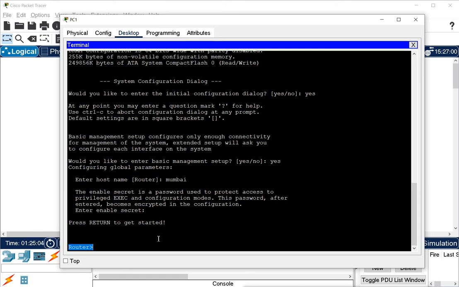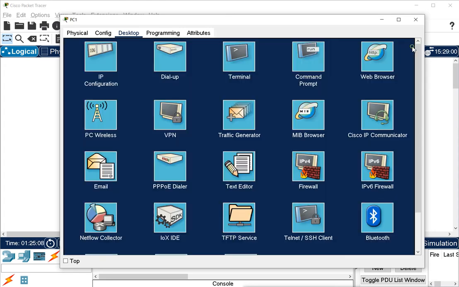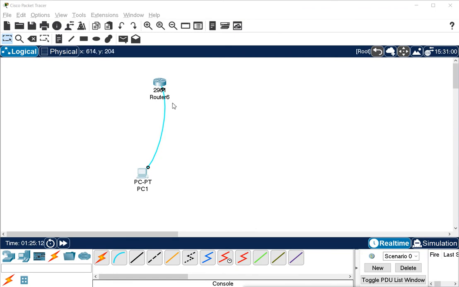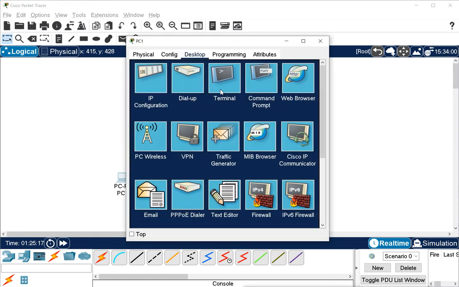Now this is how we connect the router in a real environment. We connect the router through the console port to this PC, and then we go to the PC and open the terminal.